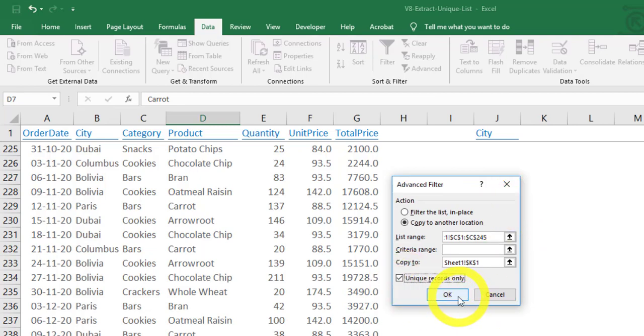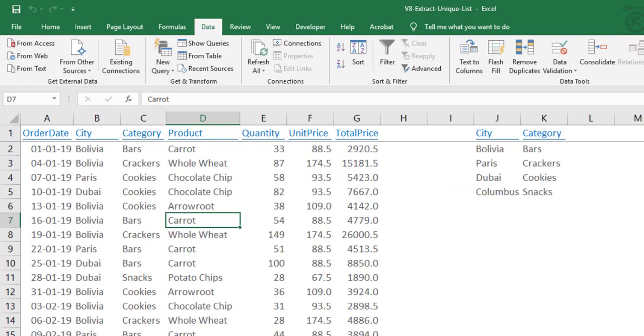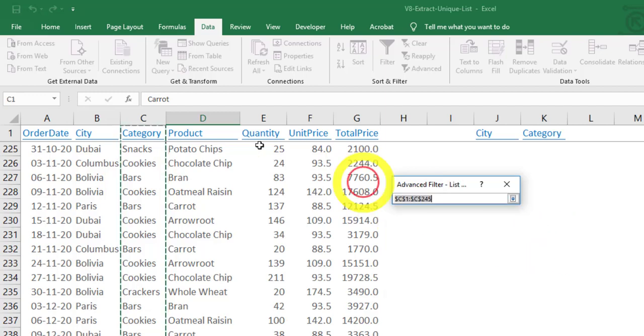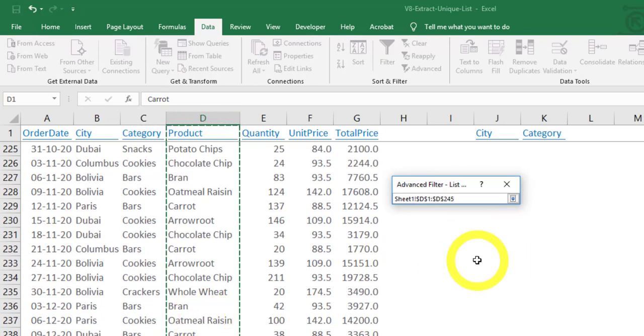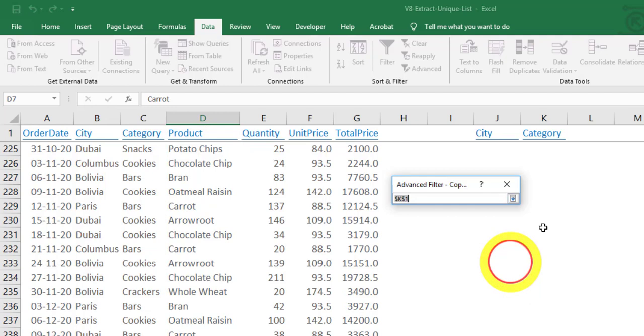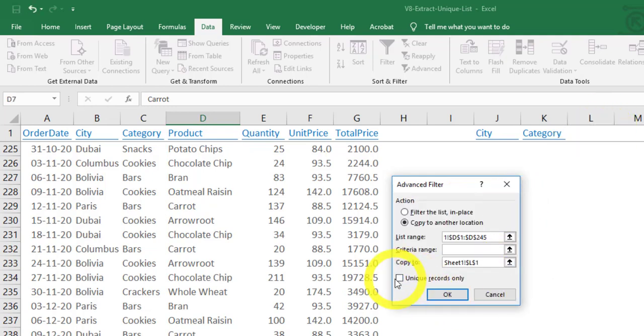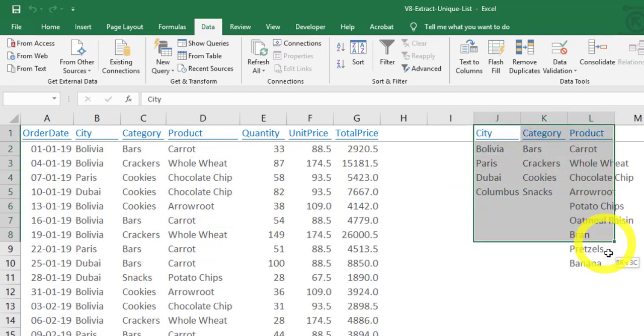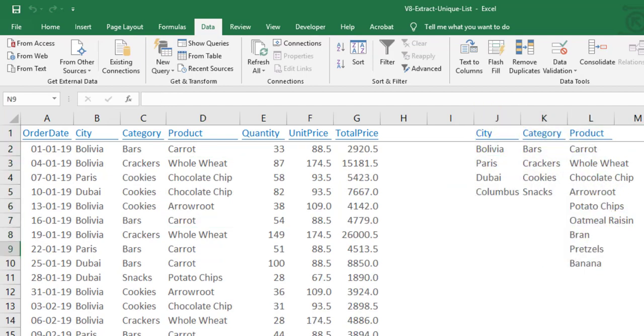Click OK. Similarly, you can extract for products also. This way, you can extract a unique list of items using the advanced filter option.